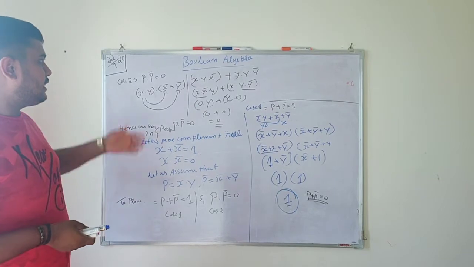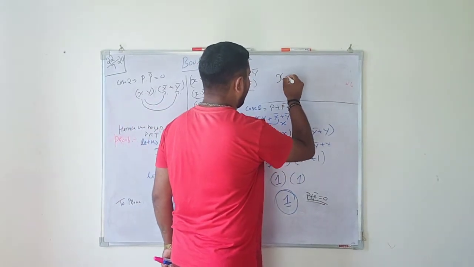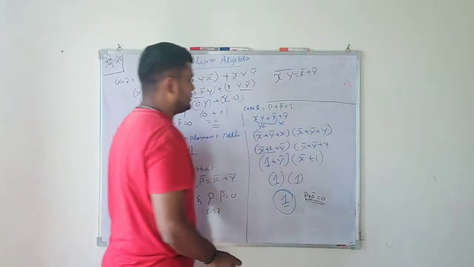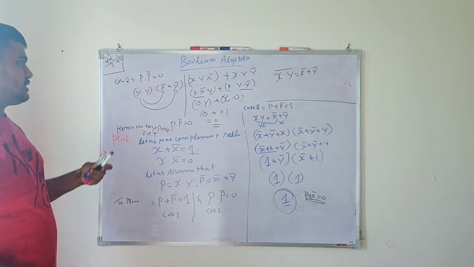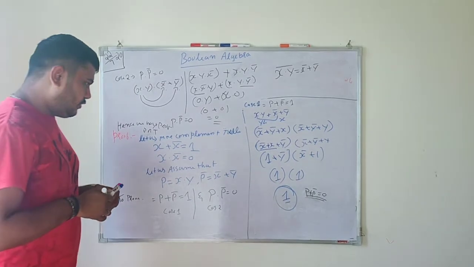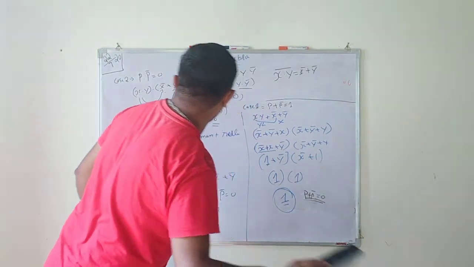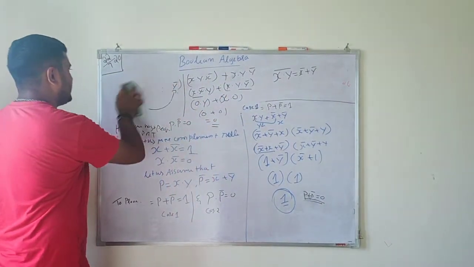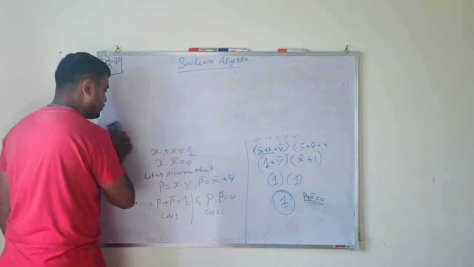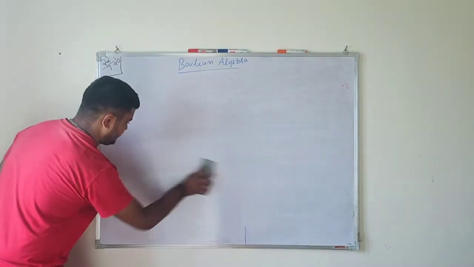So this says that the complement of a product is equal to the sum of the individual complements. X into y whole bar is equal to x bar plus y bar. So this is how we prove De Morgan's theorem. Even we can do this in a truth table. So how do we do this in a truth table now? Let us take a truth table and also take the inputs. So let us prove this in a truth table.